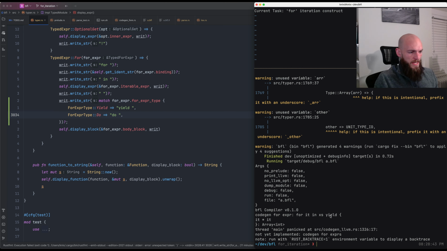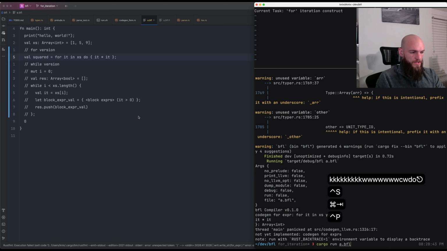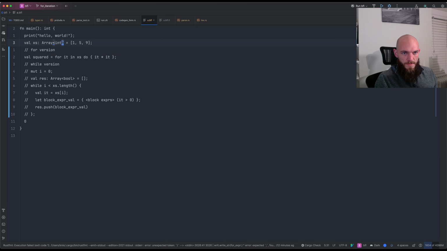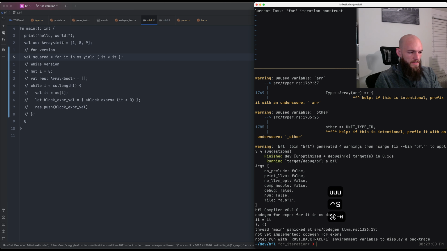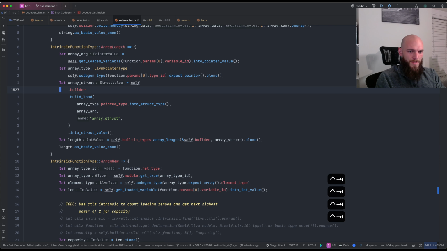Okay, for it and x's yield. It times it. Okay. Do. So squared should be of type unit. Of type unit! I skipped over the type last time. And if it's yield, the type is array event. Well, look, we've achieved something. All right. Code gen